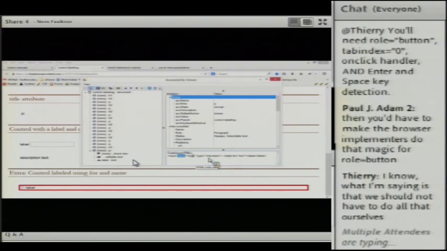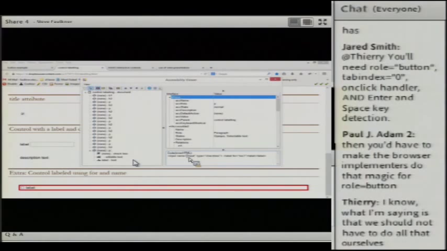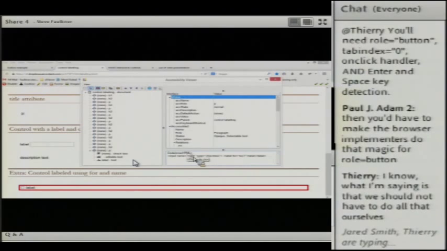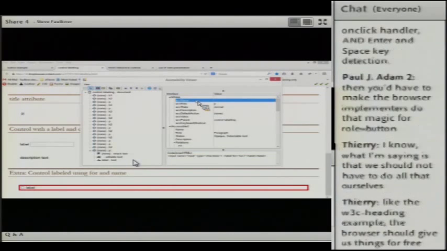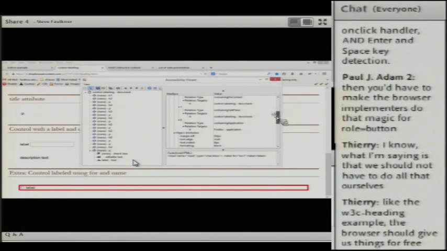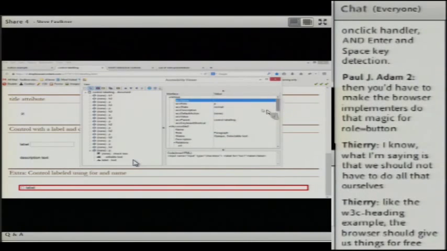People think, well, that's what it should be. They think that ID and name are interchangeable. What this does is just show that it's not, because we've got the for, and as we can see here, because it's using the name, not the ID, there is no accessible name. It just doesn't work, because it's not hooked up in the accessibility APIs. It doesn't expose the name.